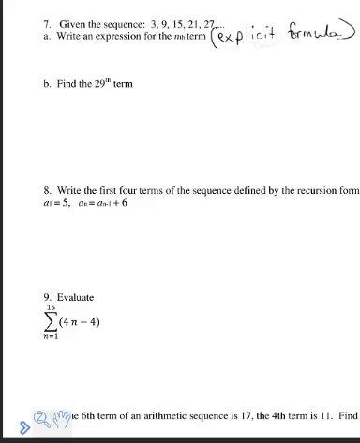An arithmetic sequence, the common difference is 6, since we're adding 6 to each term. So in an arithmetic sequence, the explicit formula is like a linear function, mx plus b, where m is the slope or the common difference. So we're going to have 6n,